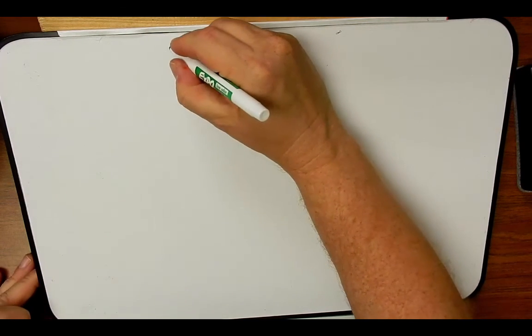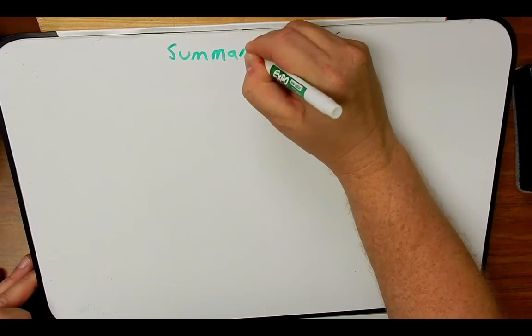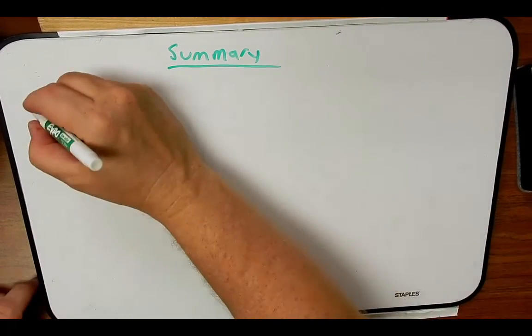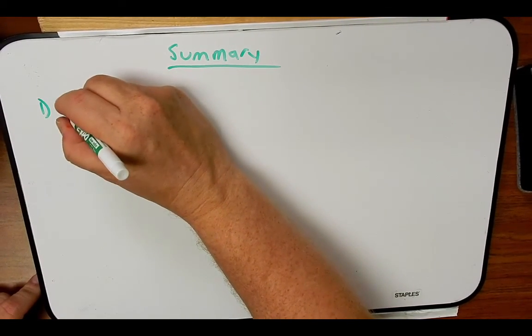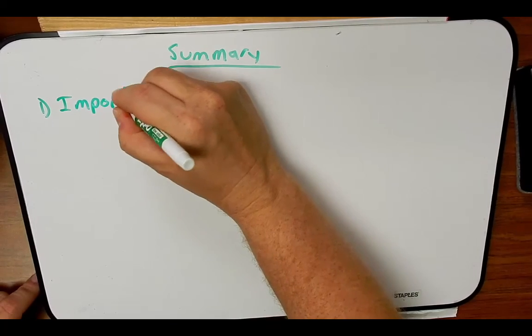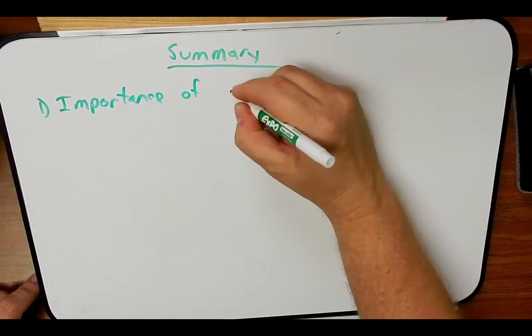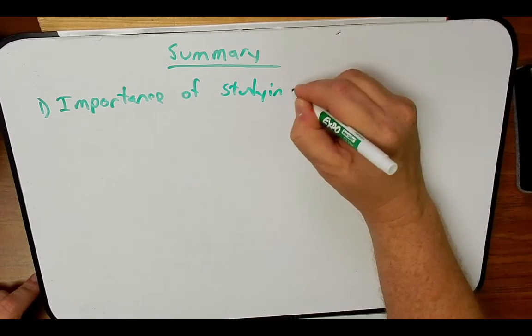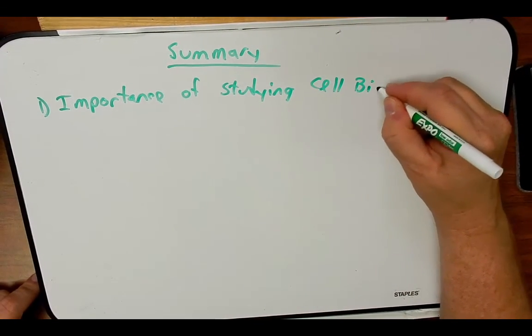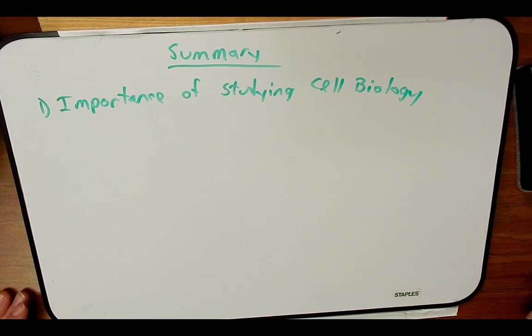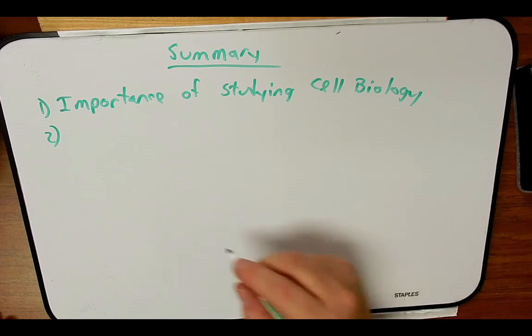Okay, I'd like to end each podcast with a quick summary. So in this podcast, we talked about why it was important to study cell biology. Remember, when we talked about this, we highlighted the importance of understanding how a cell works, the fundamental unit of all of life, and how then we can take that and apply it to more advanced problems of understanding life in health and disease. We also talked about how we were going to approach this course,